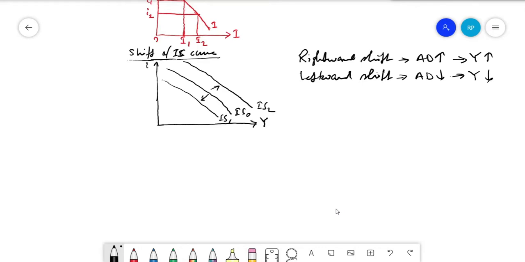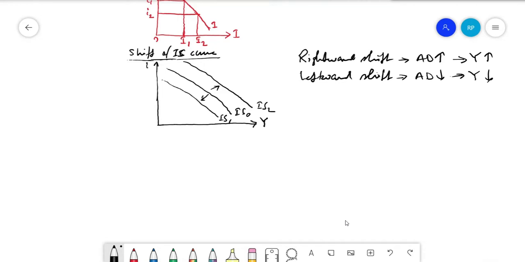One is known as the commodity market, second is known as the money market, third is known as the labor market, and fourth one is known as the bond market. So if you are able to prove that the commodity market is at equilibrium, that we are going to explain through the IS curve, and money market equilibrium, that we will do after this through the LM curve. So the LM curve, just like the IS curve: the IS curve represents commodity market equilibrium, but the LM curve represents money market equilibrium. So that you should know. L stands for demand for money and M stands for supply of money. So the LM curve represents the money market equilibrium and the IS curve represents the commodity market equilibrium.